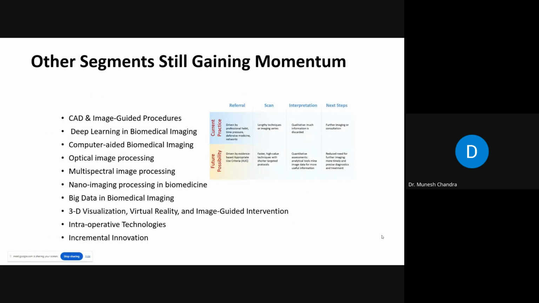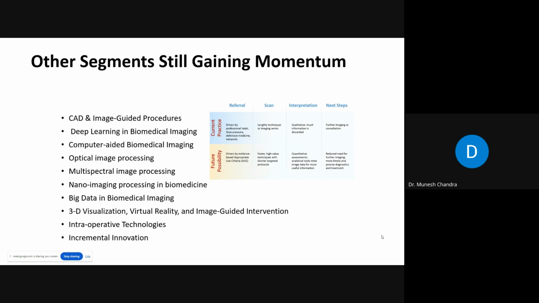If any question you can ask. These are the certain segments still gaining momentum. In biomedical, very less research is done, so here a lot of focus is required. And computer-aided biomedical imaging, if we are able to do it, will definitely be very helpful for the